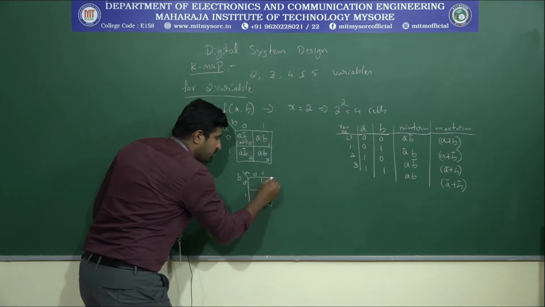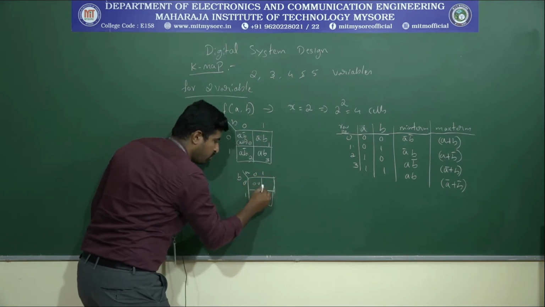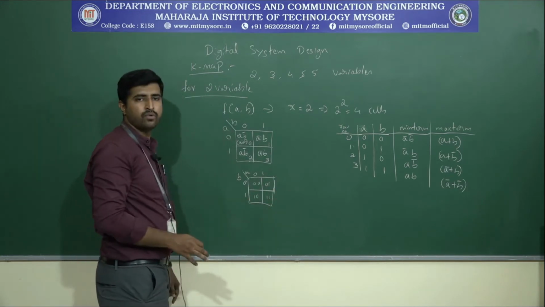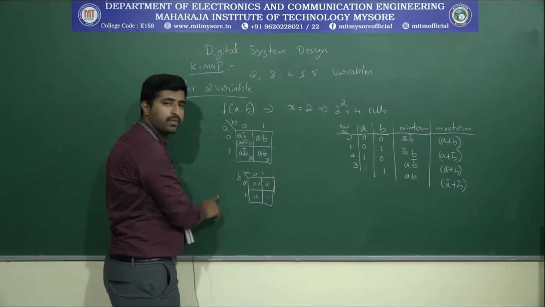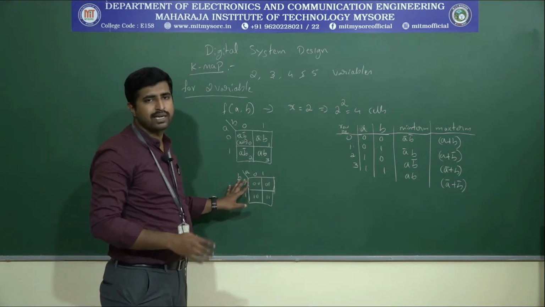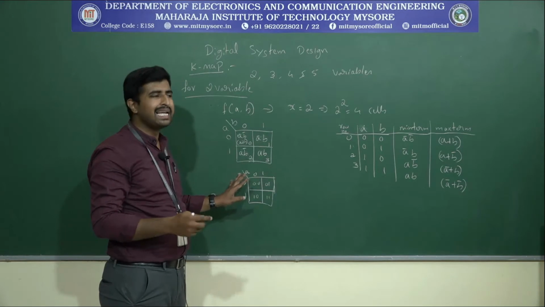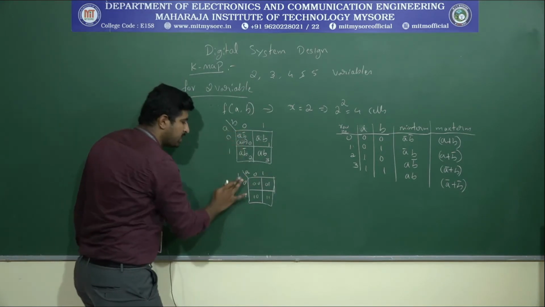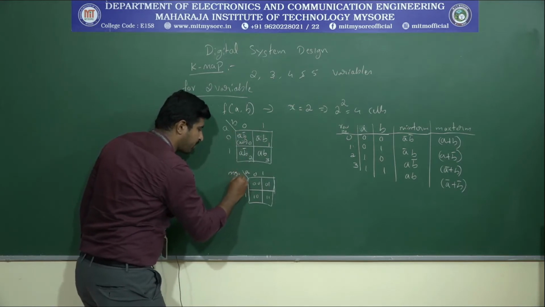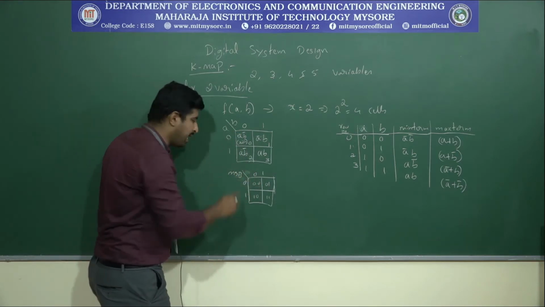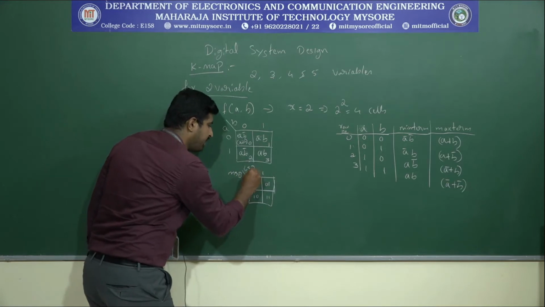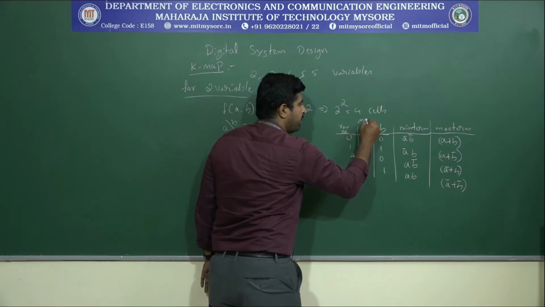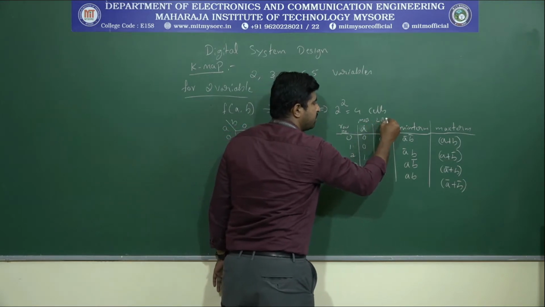0 1 0 1 corresponds to 0 0, 0 1, 1 0 and 1 1. Okay, we can use that one also. But let's fix that one for future understanding purposes. Let's always fix to one format. Let's always use this one. Here I am going to use the MSB variable, and here I am going to use the LSB variable. This is the truth table, and this is MSB, and this is the LSB.